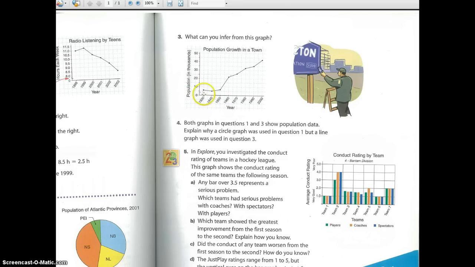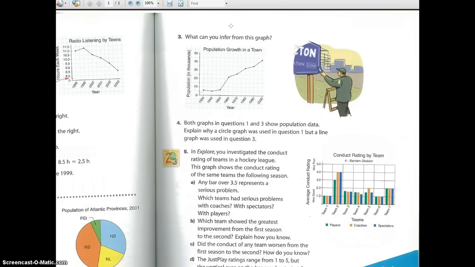So in 1930, there were 5, but this is in thousands, so there were 5,000 people. In 1940, oh, maybe that's 6,000 people. 1950, maybe 6 or 7,000. 1960, whoop, that's about what? Maybe 21, maybe 22,000. And you can go on and read this, and I want you to make an inference